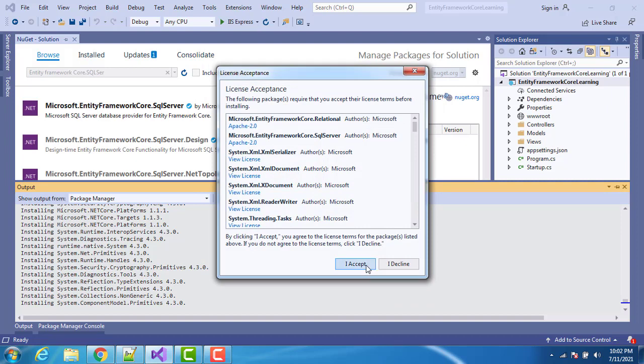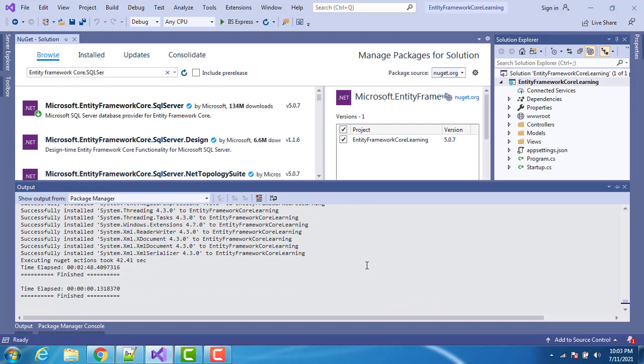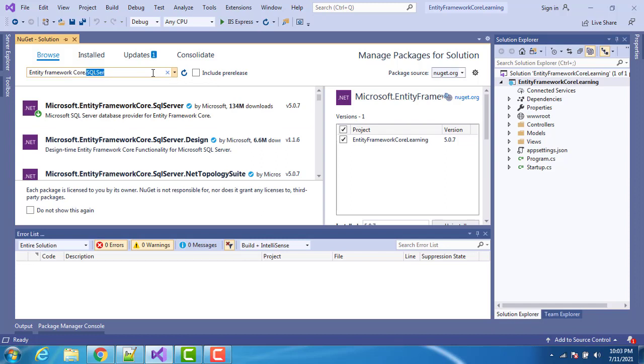Here it is asking for license agreement acceptance. So we are finished with the first NuGet package. Let me move ahead with another one.